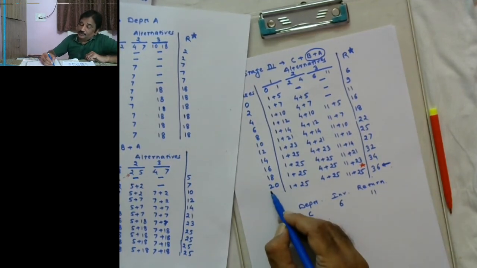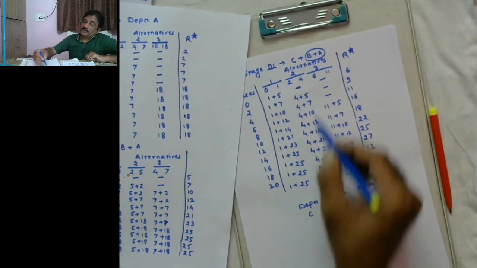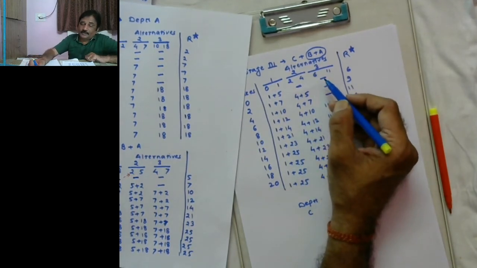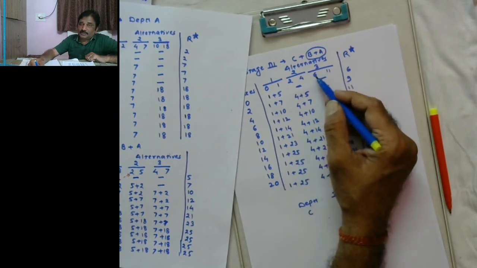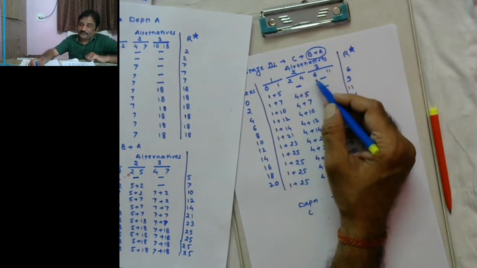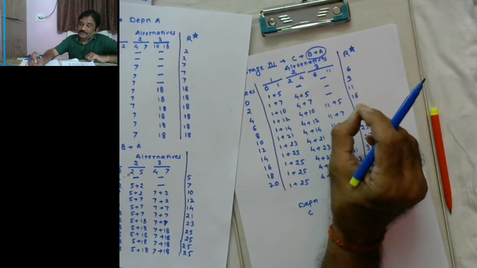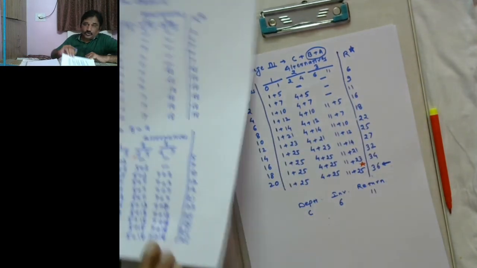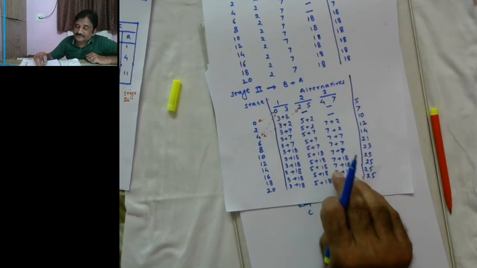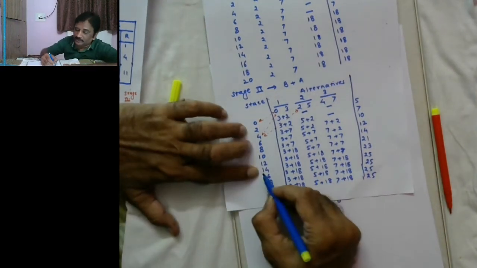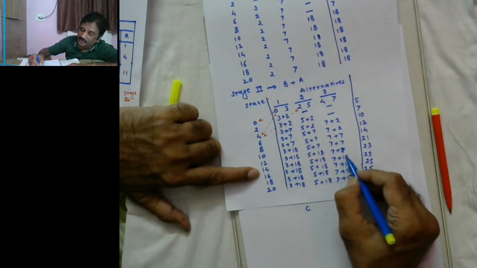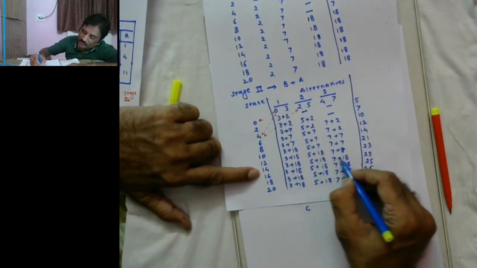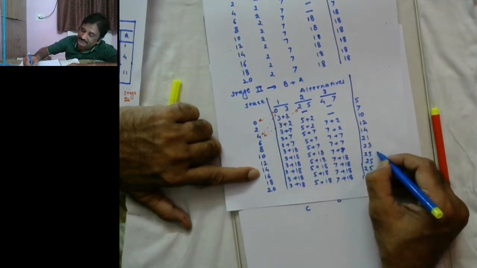Now out of 20 crore, you have consumed 6 crore. How much is left with you? Out of 20, you have consumed 6 crore. By choosing the third alternative, the amount left with you is 14 crore. So you go back to the previous stage, and for 14 crore, you just point out the best return.